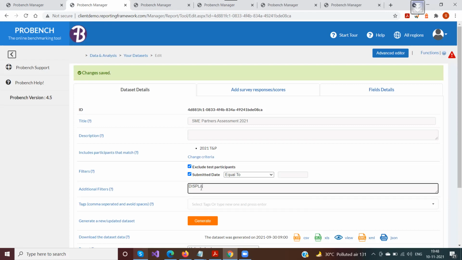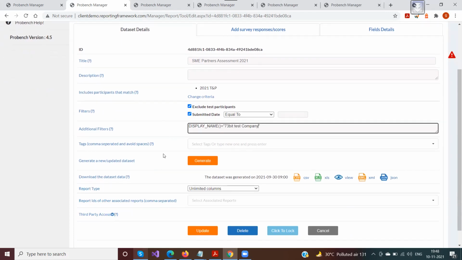The formula would be like this: display name is the function, equals to, and then say 73-bit test company. So this data set would only include the company 73-bit in the output.